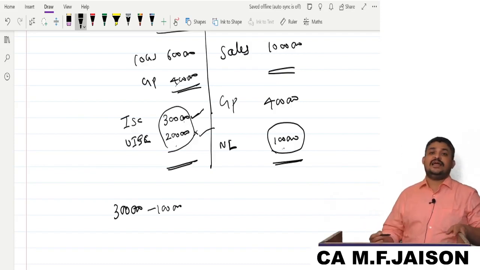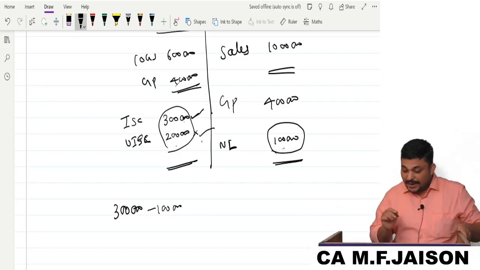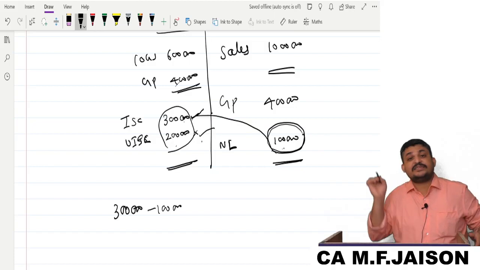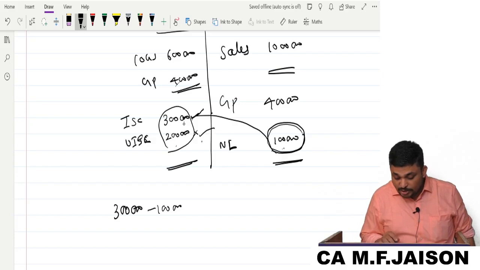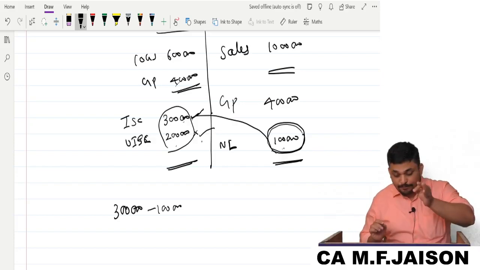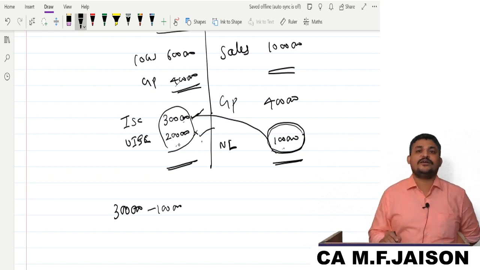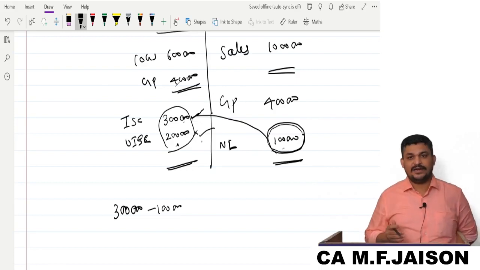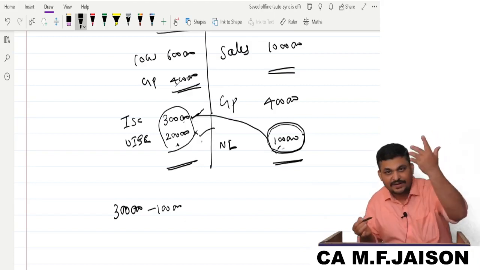But the problem is this 1 lakh will have the components of both insured standing charges as well as uninsured standing charges. If I want to take in this 1 lakh, what portion of insured standing charges is reflected? That portion alone I should be deducting. Why is it so, sir? Because anyway this amount is not going to be compensated. Correct? Uninsured standing charge is not going to be compensated. Then in this 1 lakh, whatever uninsured standing charge is included, we are not at all worried.